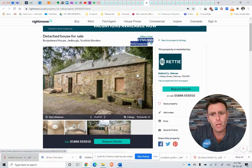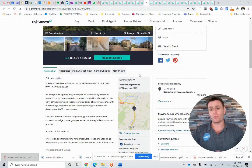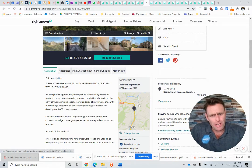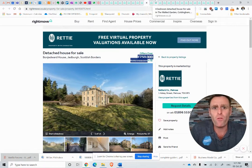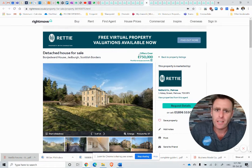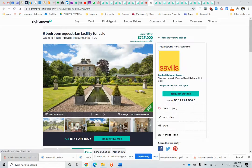You could definitely renovate that and make an absolute fortune. And our team do this not as much as we'd like. I won't say all the time, but we do projects like this. This is what we love doing, and we could easily get that. We can get your money into the UK. We can get a business set up so you can legally invest, and we could do amazing things with that